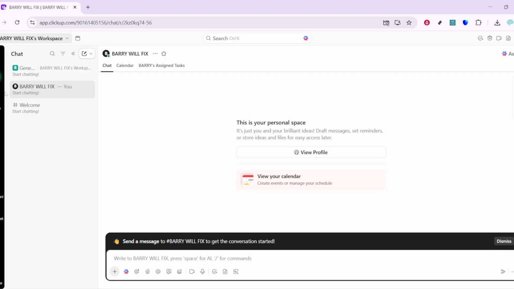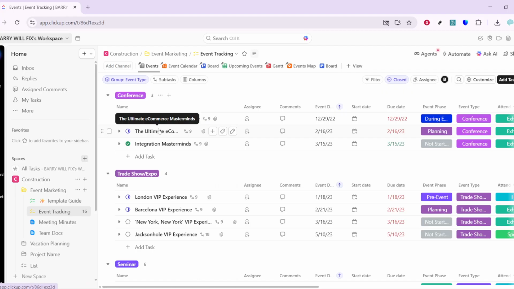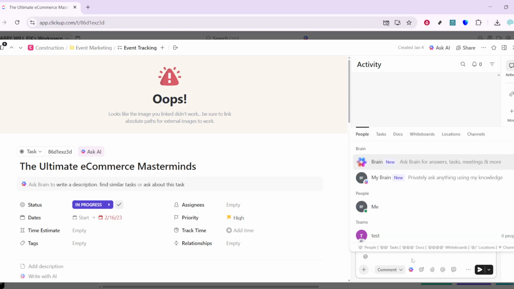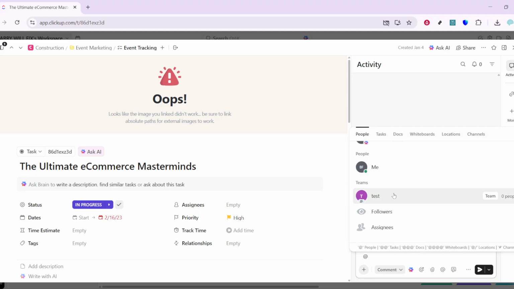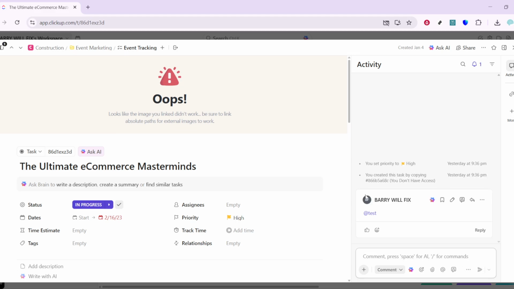Next, shift task-related conversations into the tasks themselves. Open a task and use the comment box to communicate with your teammates. Mention people with the @ symbol to make sure they're notified. This replaces those back-and-forth Slack threads about specific work and keeps everything tied to the exact task it belongs to. It also makes it easier for anyone joining later to see the full context, attachments, and decisions without hunting through